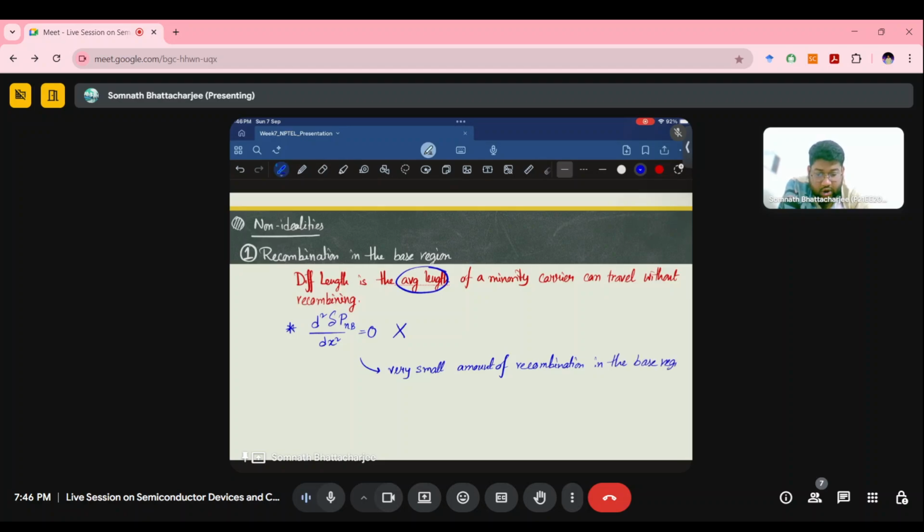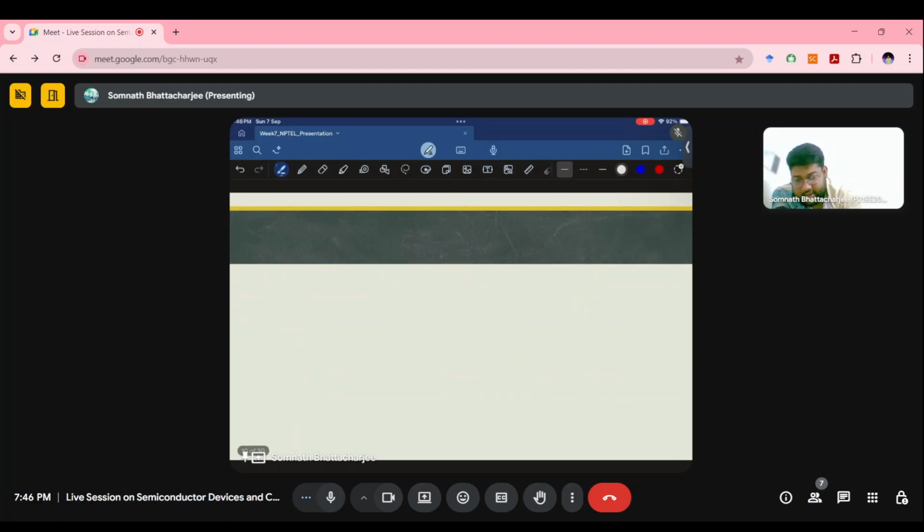So based on this recombination going on, the total equation we have already derived has to be changed, and there has to be a corrected value of this. So this is one of the non-idealities. Then the next non-ideality